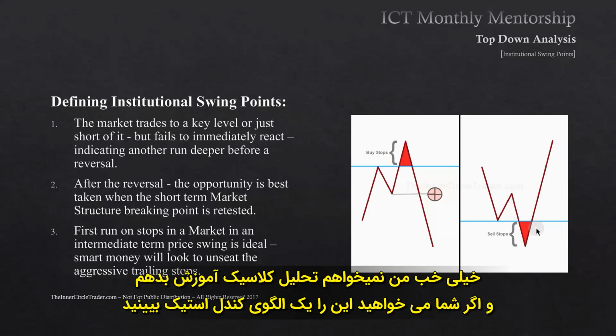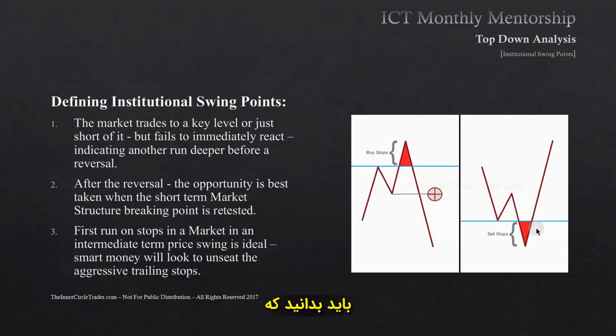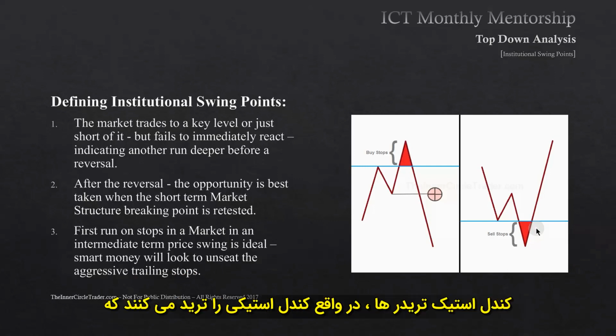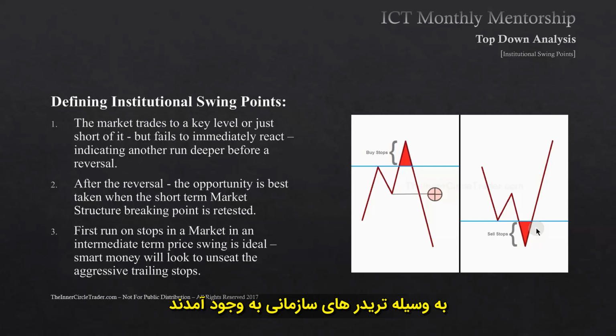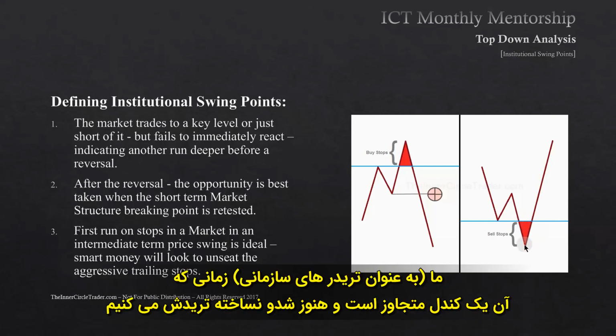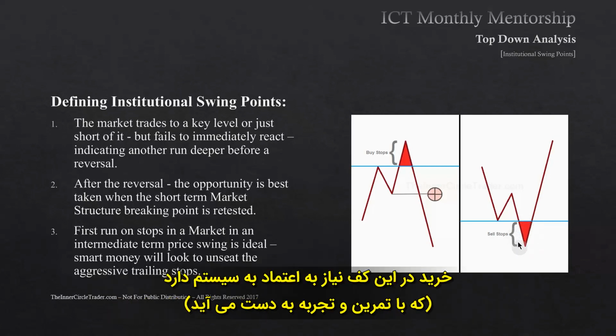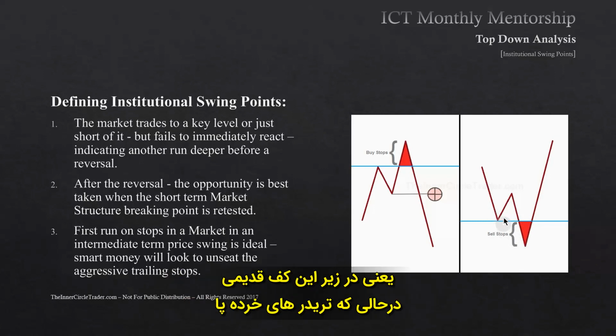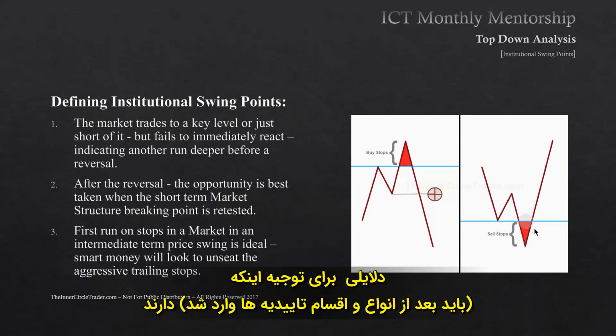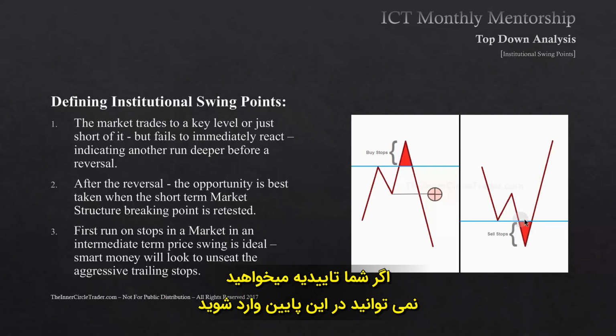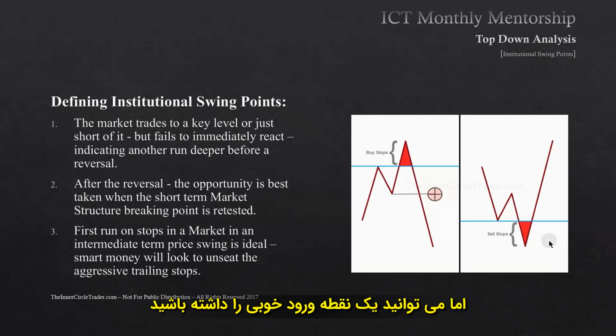Okay, and I'm not teaching classical, if you want to call it that, candlestick patterns, but the idea is candlestick traders trade the candlesticks that have formed. Institutional traders, we trade it when it's a bold-faced candle before it becomes that wick or that hammer or a doji. It takes a great deal of confidence to be buying down here below an old low, whereas retail traders, they all have reasons to justify why something should be done after some form of confirmation. If you're demanding confirmation, you're not going to get this entry down here, but you can get a favorable entry point